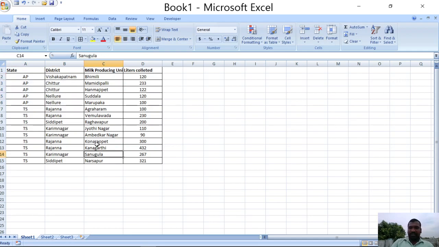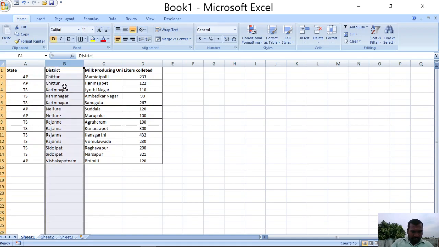So it is also not in proper order. If you select one of the cells in this column, then all the information will be sorted. Alphabetically, C is first, then K, then N, then R, then S, then V. But here state AP, TS are mixed.